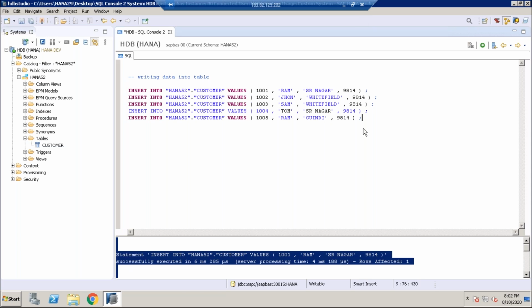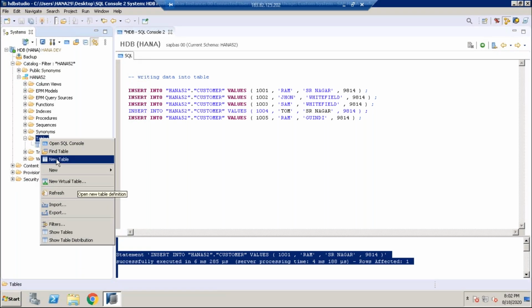Okay. So guys, now let's try to create a database table using script. One thing guys, in the HANA database, the biggest advantage we have is that every time to create something, you don't need to write a script. You can directly use the interface. You can right click and take the option New Table and do this. Scripting is not required all the time,